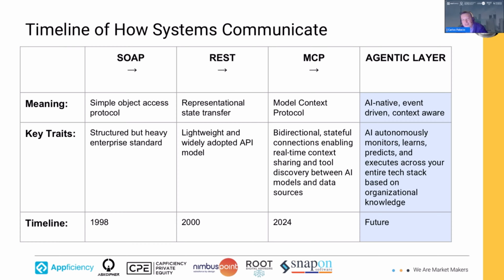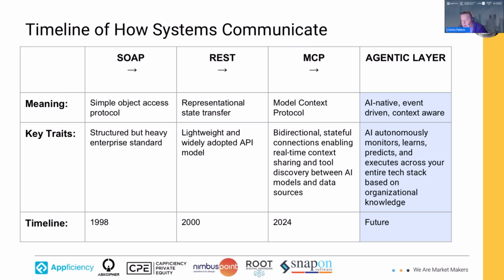But it's not enough. Now, with the work that we are doing and the challenges that we have uncovered in creating our AI, we had to develop the next level, and it's what we call the agentic layer, and it's where Ask Cipher lives.